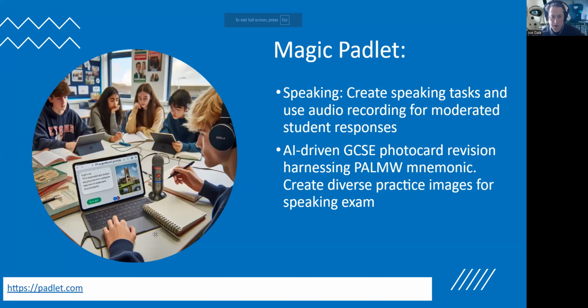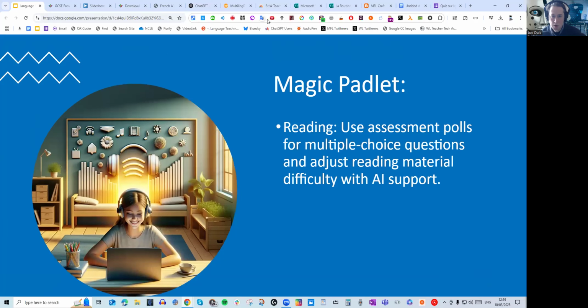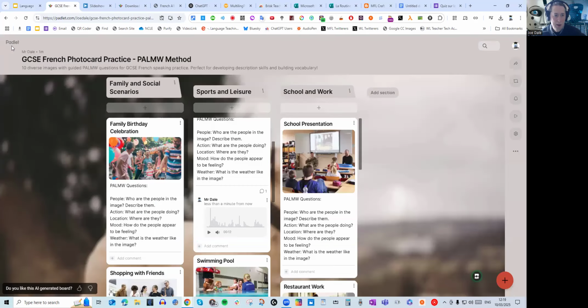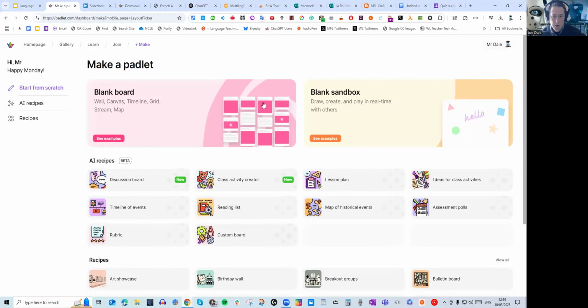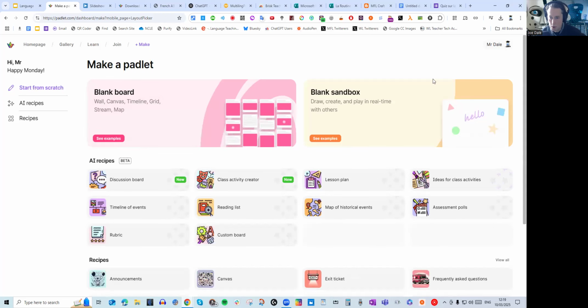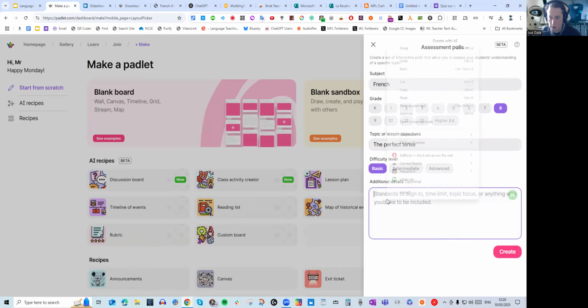Okay, so we've done listening and speaking so far. If we then move on to the next idea, next is reading. For this one, in Padlet, what we're going to do is, I'm not going to use the custom board this time. I'm going to use the one that's called assessment polls. Okay, so here what we're going to do is we will say the subject. We'll call it French. We'll go for grade 8, which are American grades. We'll write the perfect tense as the topic, and then we'll go for basic, and then I'm going to